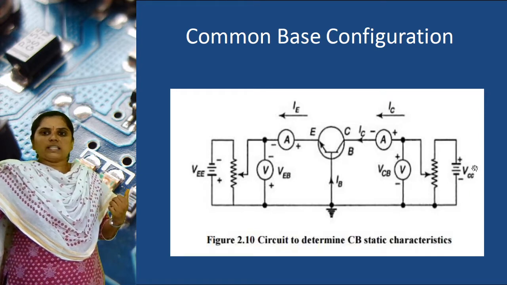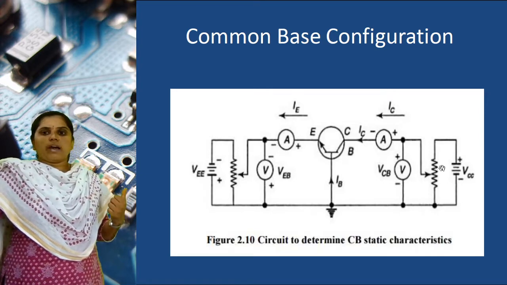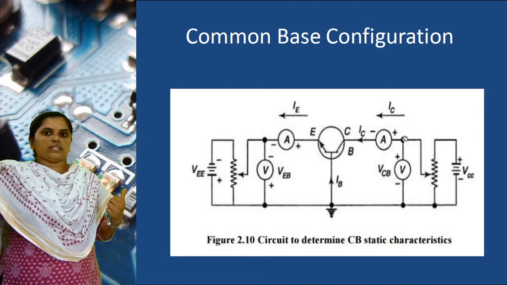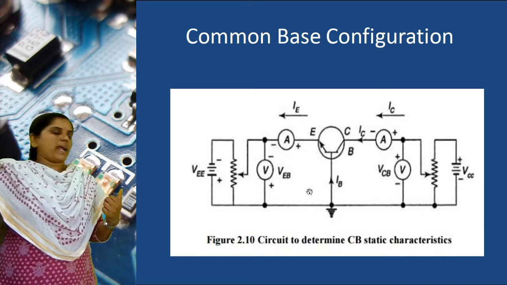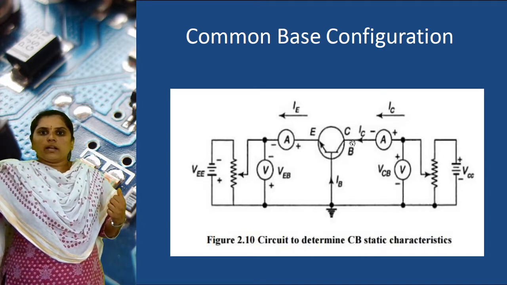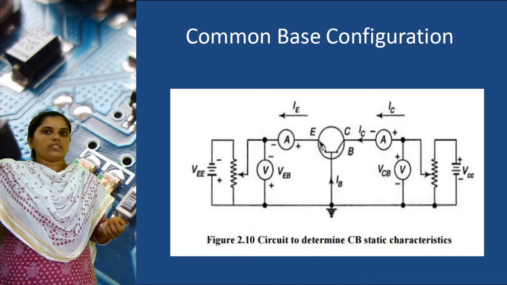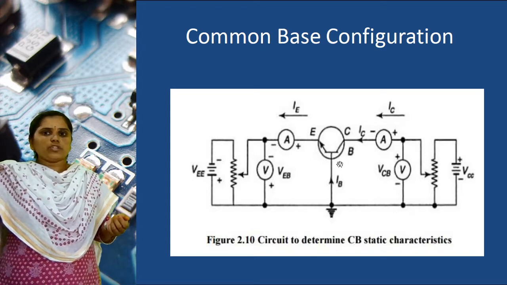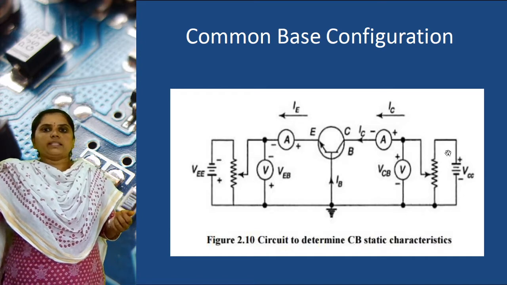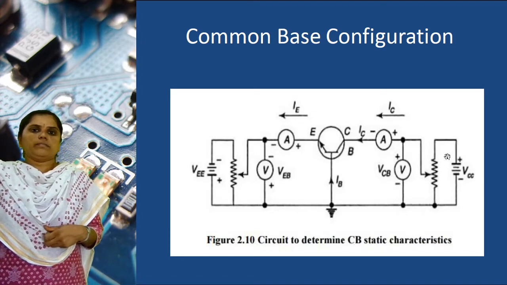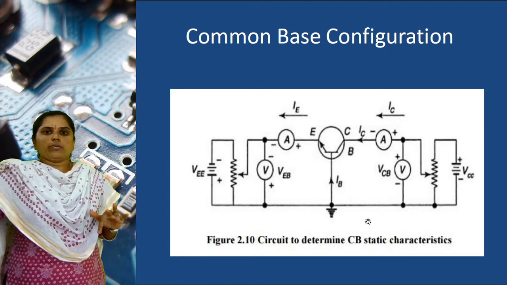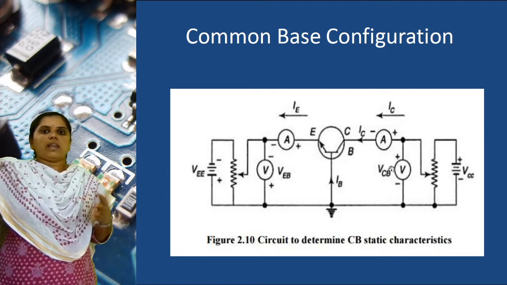So here, this is the supply voltage. These two are regulated power supply voltages. Okay, so this is a practical circuit diagram. Here, the collector base junction is reverse biased. So for the PN junction, P is connected to the negative terminal of the battery, N is connected to the positive terminal of the battery. Okay, this is a practical circuit diagram. So like this we connect it in labs.